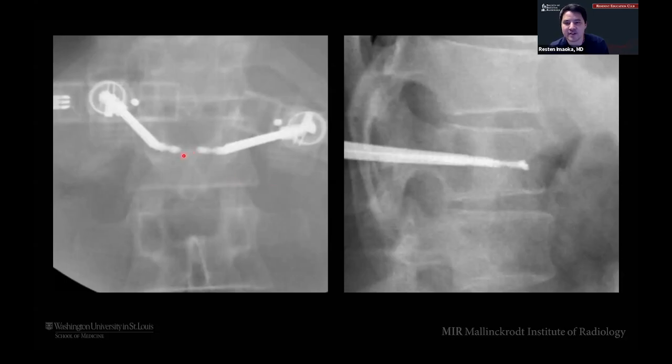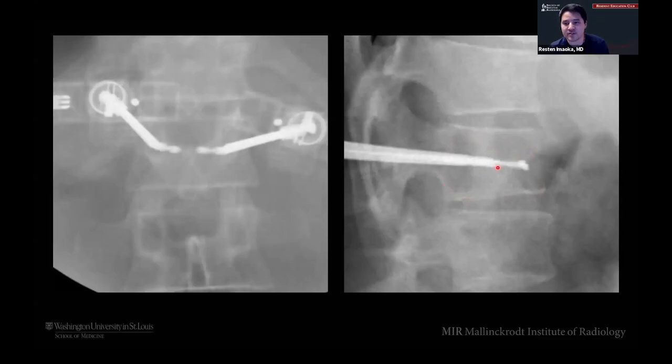So here you can see they're spaced out a decent amount apart, right? Because the RF goes a little bit beyond these electrodes here too. So we're very far anterior, and we're about a spinous process apart. These ablation probes, depending on what you're using, you will know the size that it makes, right? So we happen to know for this one, the largest it's going to get is about a 3 by 2 centimeter ablation zone, which means you're probably not going to get the entire thing, right?